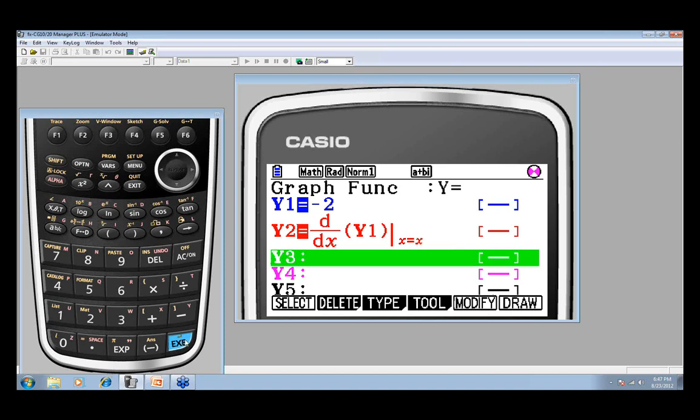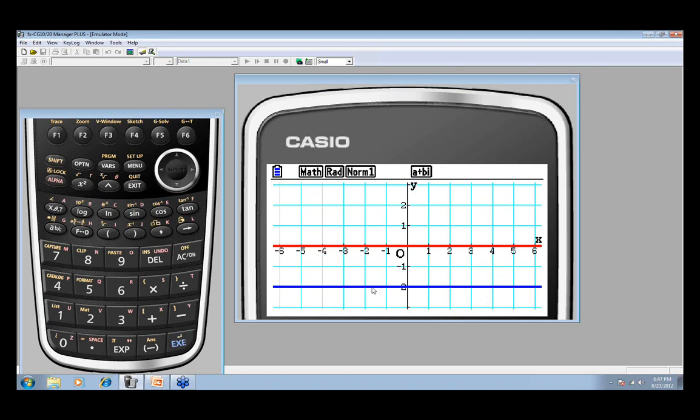Now when we graph this derivative, I want you to remember that the blue line was your original function. That was your y1. y2 was your derivative of this graph. Now when you look at this graph down here, the blue graph, I'm going to turn on my trace feature, and I have my derivative feature on too. You notice that along the blue line, no matter what x is, the y coordinate was staying constantly -2. You also see that my derivative here has a value of 0. What that means is that this graph's slope along every point is 0.